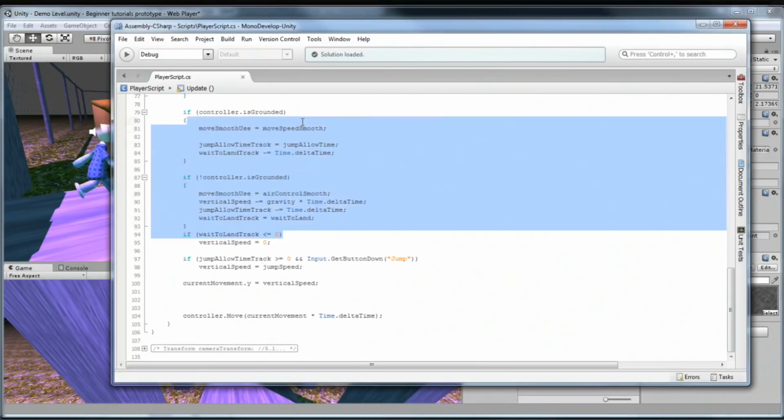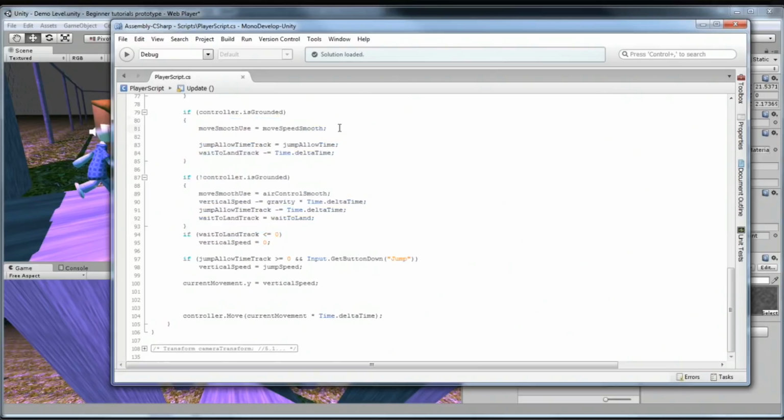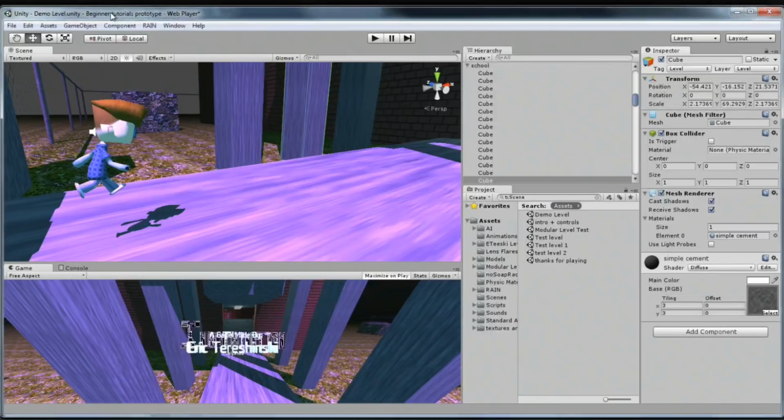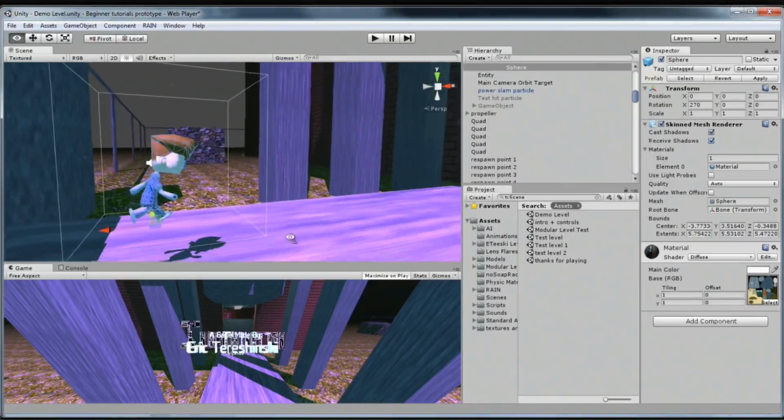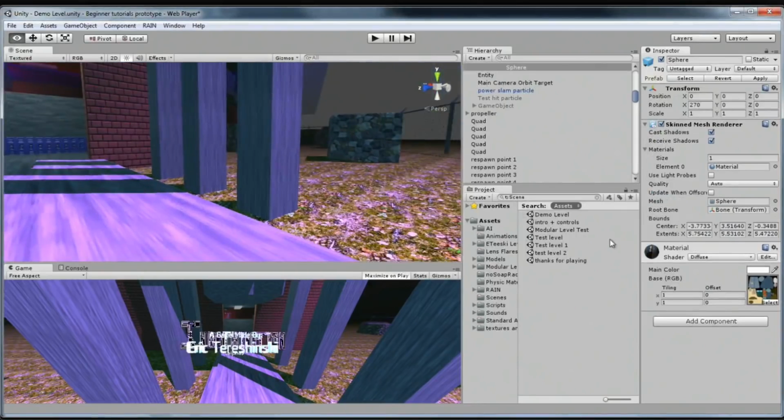And this basically all just determines the behavior of our game and how everything moves and behaves. The player jumps when the player presses A, and all of that stuff. So yeah, we're going to be learning how to write code. And once we write that code, we can apply it to the game objects that are in our scene in